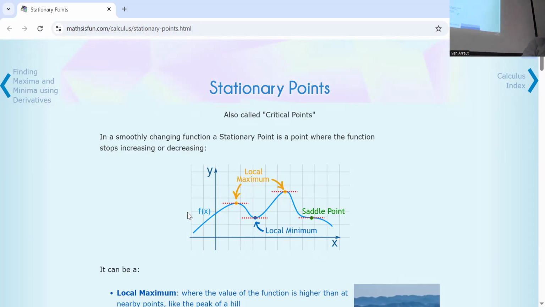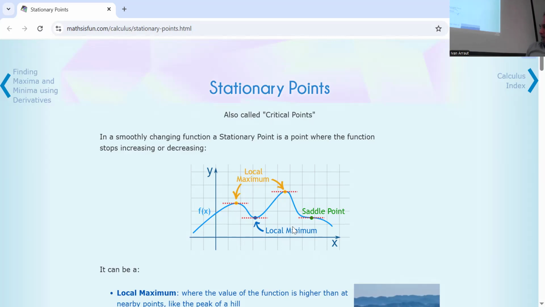Anyway, those critical points are represented by maximum and minimum. But since they are located at a specific point, we call them local maximums and local minimums. A saddle point is a point of inflection. It's a point of change of concavity. What does it mean? That means that